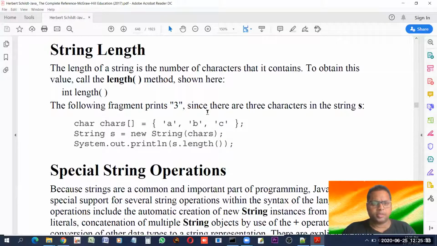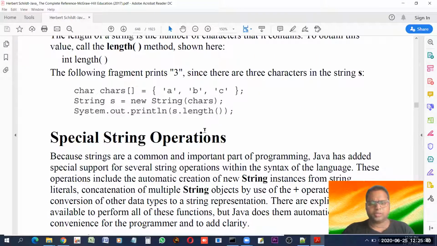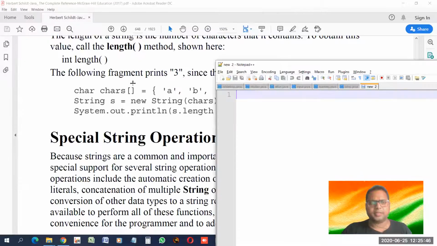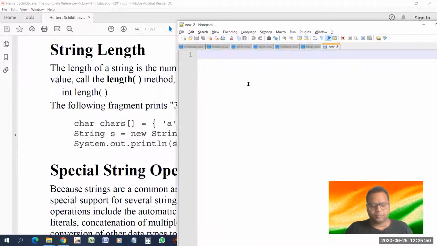Hello students, now we'll see some simple string functions and we'll also see how to use them. So let's start with the first function, that is the length function. So I'm going to make a simple procedural program,